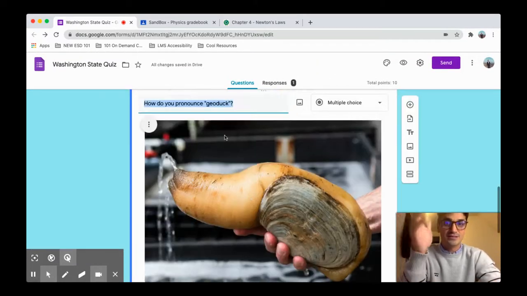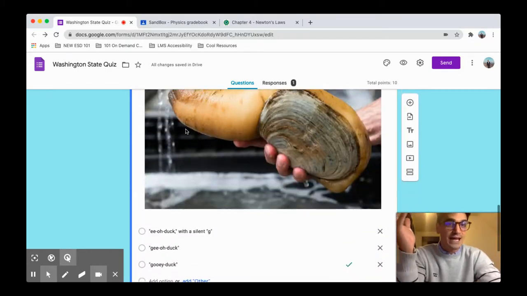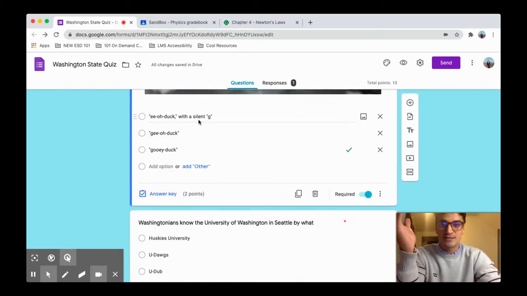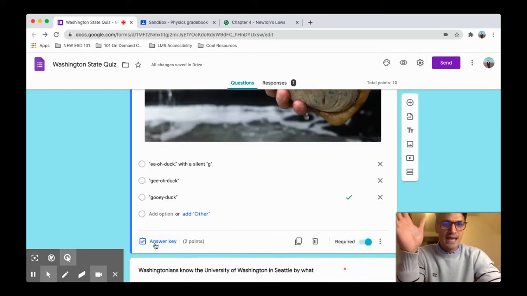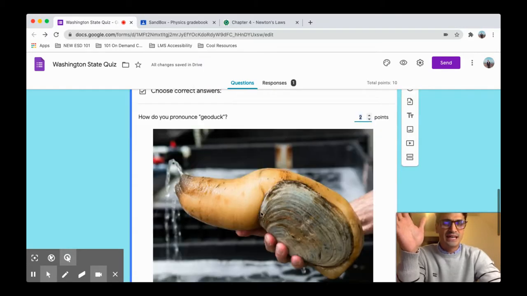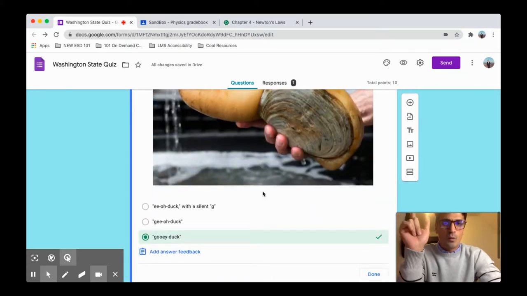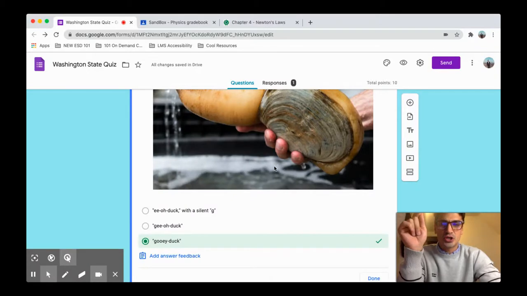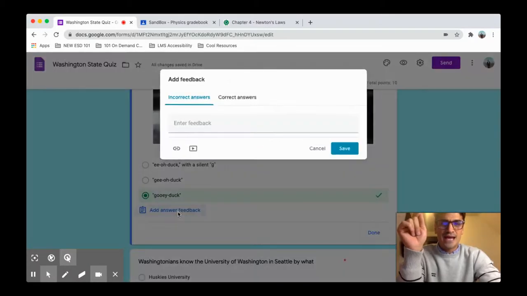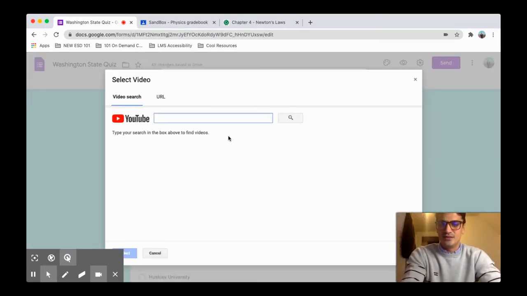How do I pronounce this form of clam that's popular here in the Pacific Northwest? I'm going to go down here to answer key, right? And I'm going to click answer key. And this is important right here. Once I'm at this answer key right here, I am going to make sure that I go to add answer feedback. And I'm going to include, for the incorrect answers, I'm going to include a YouTube video that says how to